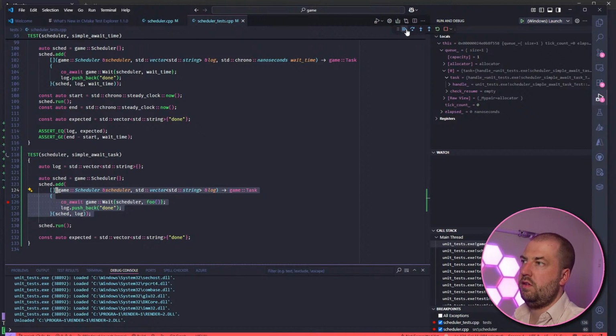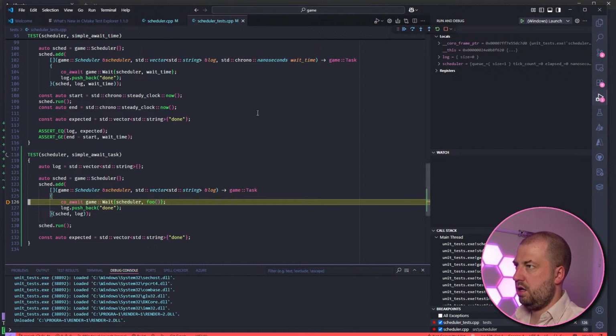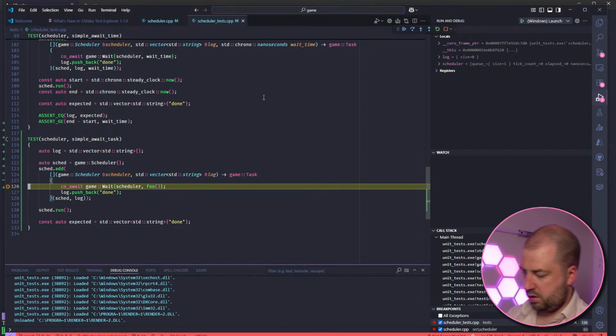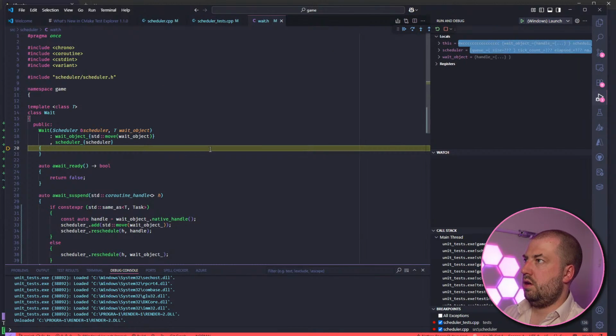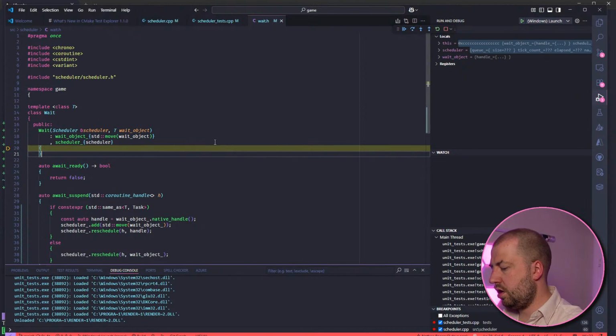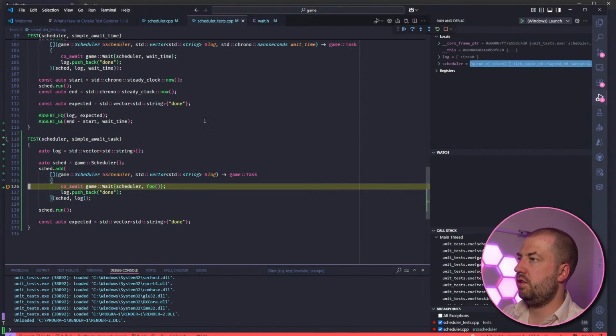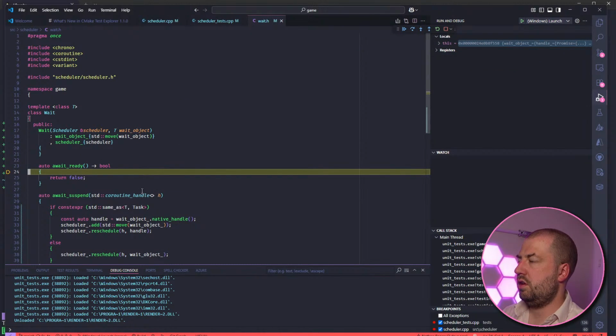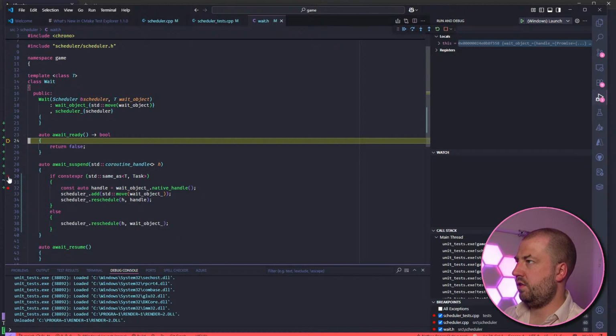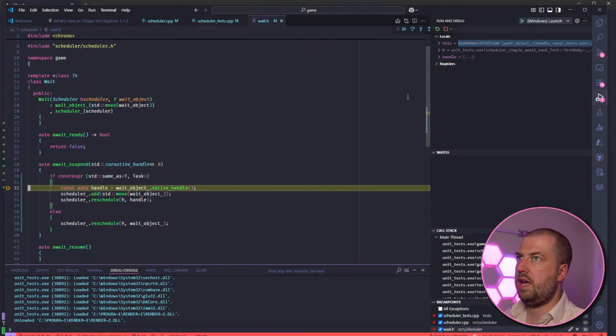So when we continue to here, we've got our wait object, which we've constructed. So Fn Shift 11. Then we're going to wait ready. That's fine. So then we're going to end up here. Continue. So now we're here.